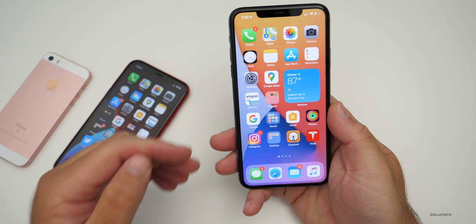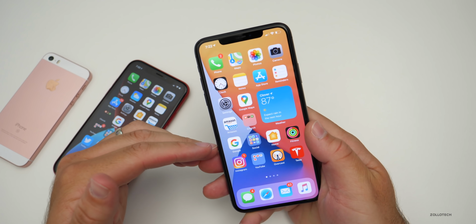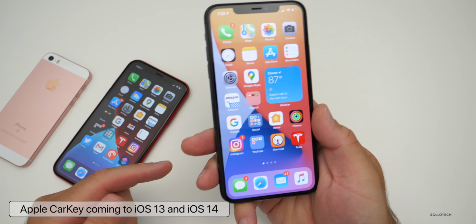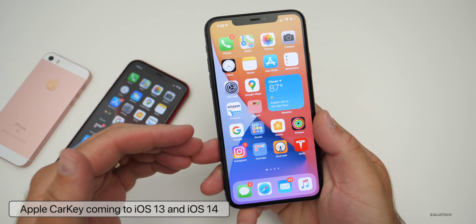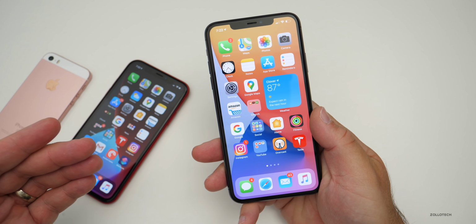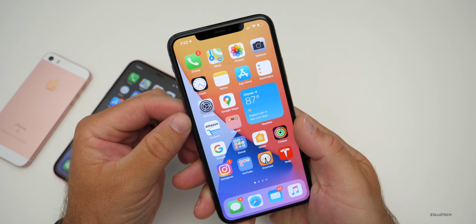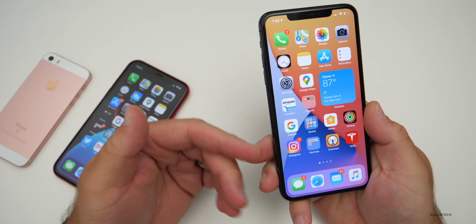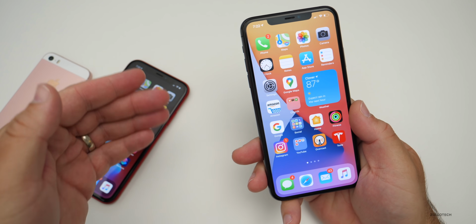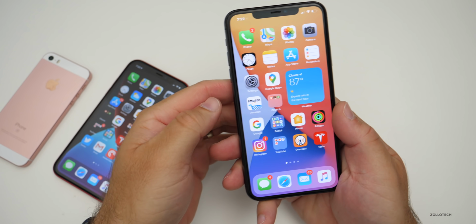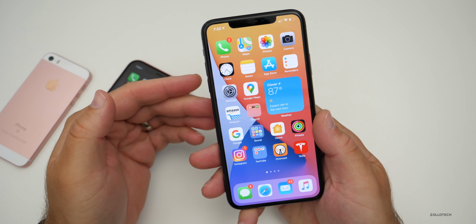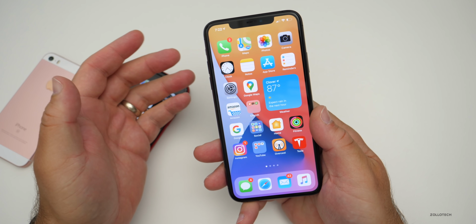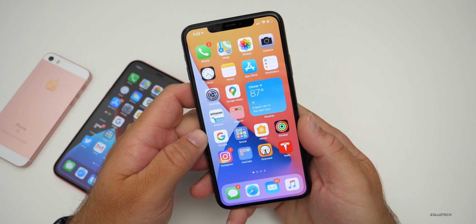Now we saw this with iOS 13 in the code, but Car Key should be out to iOS 13 and 14 and allow you to use your phone as your car key. You can share a key, you can disable it if it's lost, and it uses Apple's U1 chip to help you locate it. So maybe it's in your pocket, and the car will know that it's in your pocket so that you don't have to take it out to start your car or unlock it, or maybe it's in a purse. So it will use all of that. The first car is a BMW in a month or so, and it will roll out to other cars as they choose to sign up.